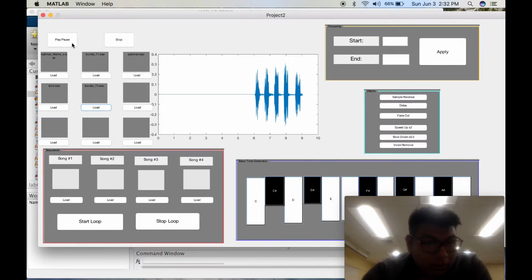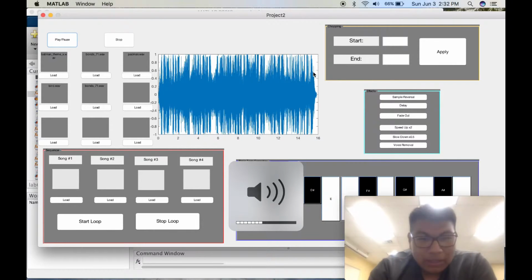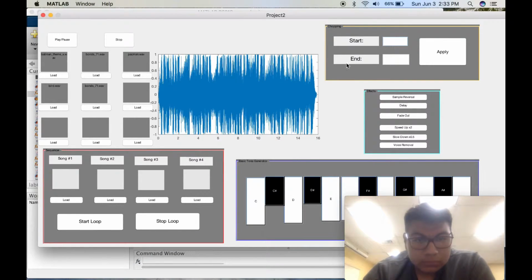We have the graph right here, so let's say we want it to start at 4 and let's say end at 10. And then if we apply that,